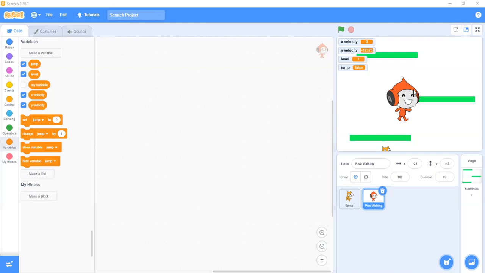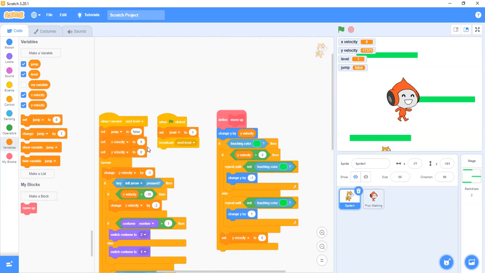We don't know which, but we know that we have a variable called x velocity for left and right movement. And then we have our y velocity to make it either go up or come down. So now the first thing we are going to do is